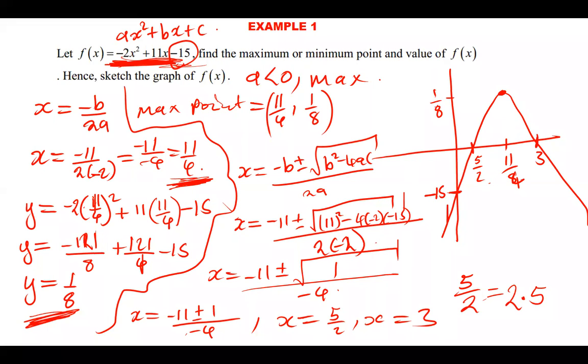This one, 11 squared would be 121. 4 squared would be 16. And then